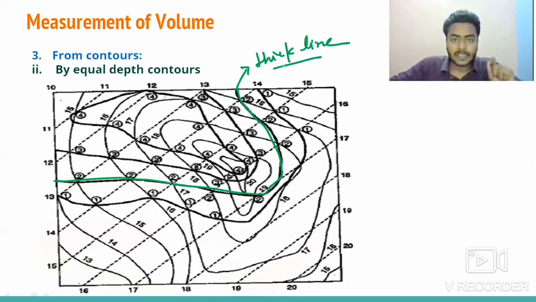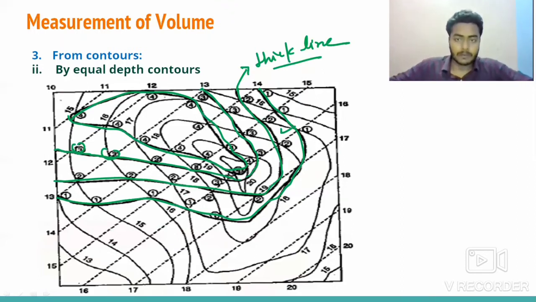What is this thick line? Thick line is showing the equal amount we need to do cutting, equal amount of cutting, like other graph. See, this graph is showing 3 meter cutting. This graph is showing 4 meter cutting. This graph is made of 1 meter of cutting. You will see whatever in between this, it needs cutting.